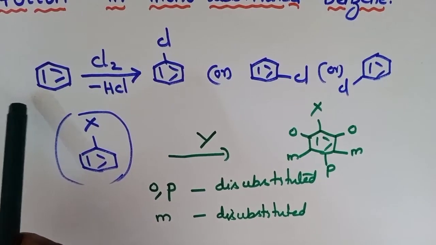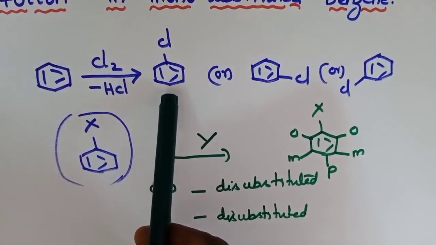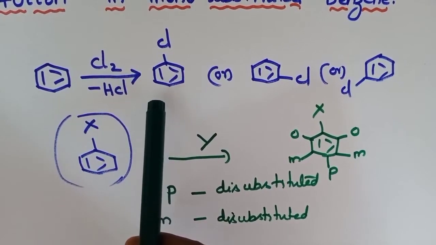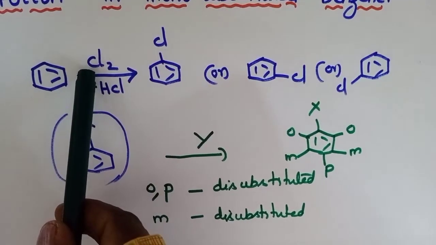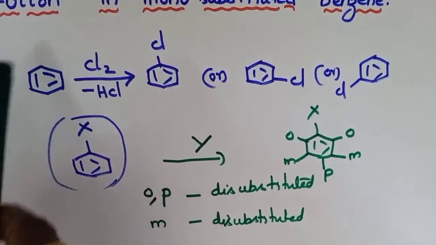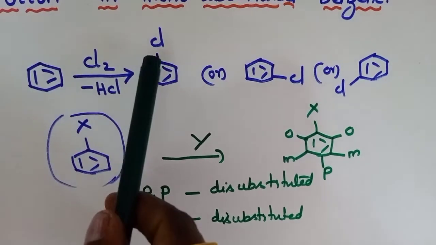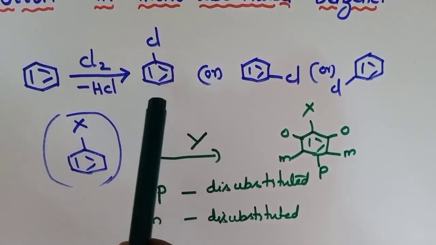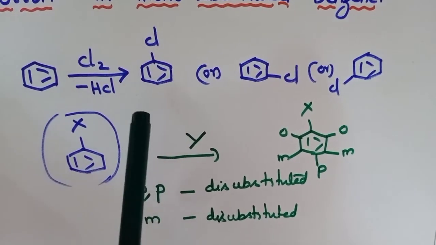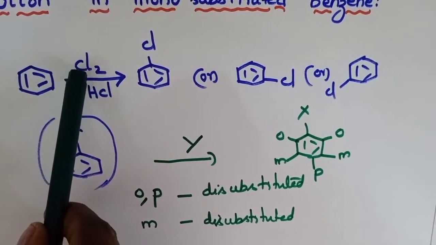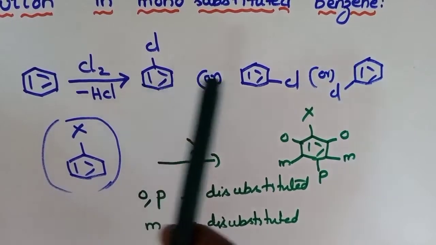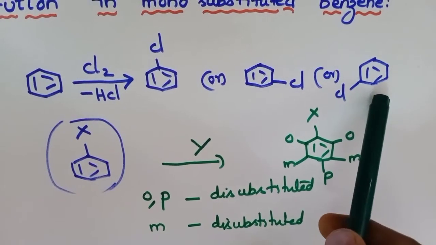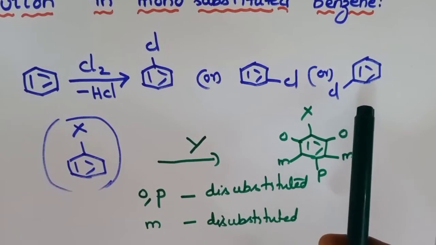Okay, and only one monosubstituted product is possible. Why? Possible means the group or atom which is coming inside the benzene ring can go and attach at any carbon. There is no specificity. Fine. So, if we are doing chlorination, the monosubstituted product might be like this or like this or like this. Okay, students, is this point clear?